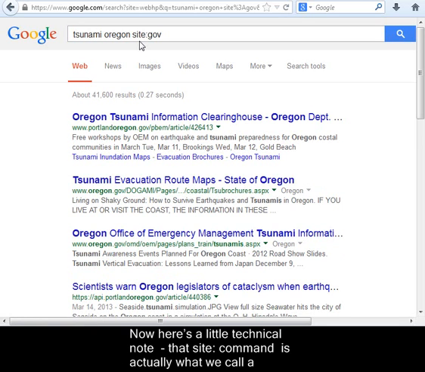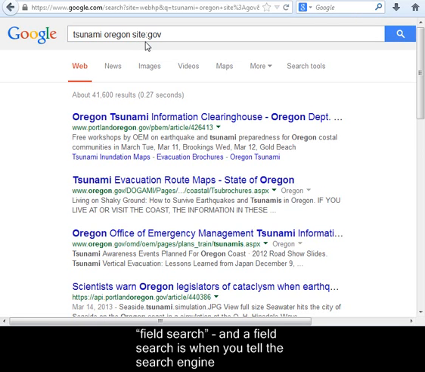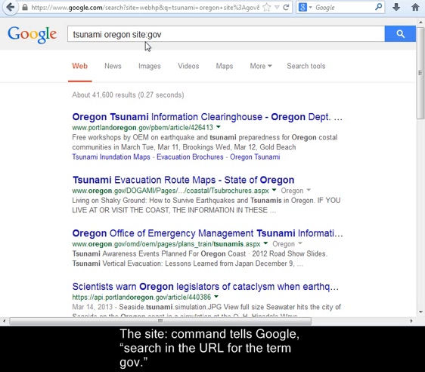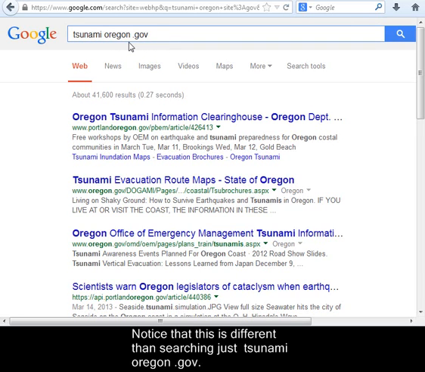Now here's a little technical note. That site: command is actually what we call a field search. And a field search is when you tell the search engine which data field to look in for your terms. The site: command tells Google, search in the URL for the term gov. Notice that this is different than searching just